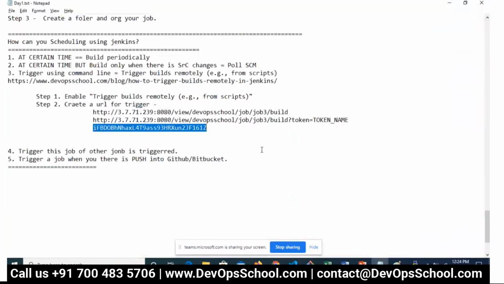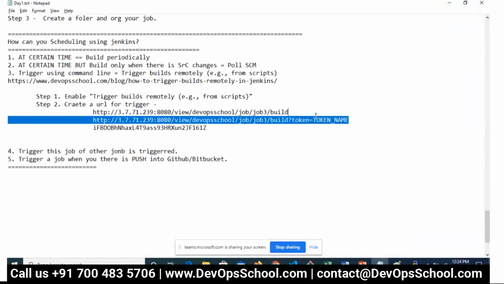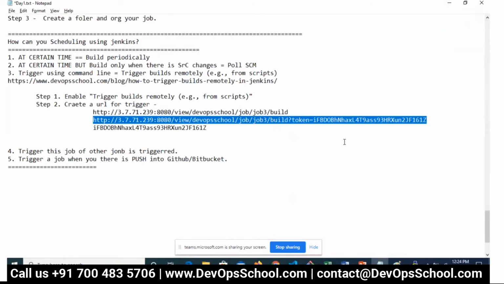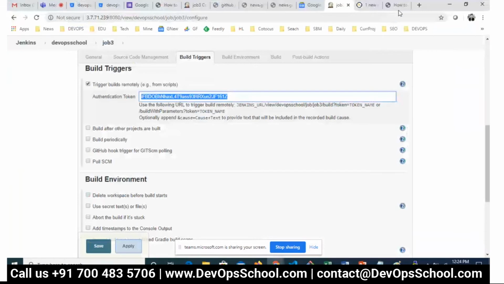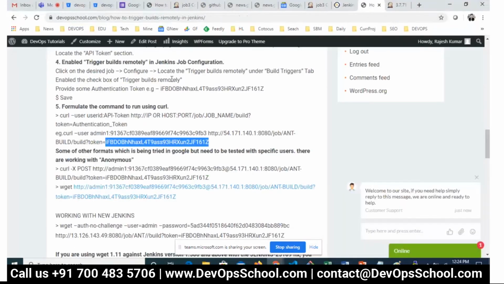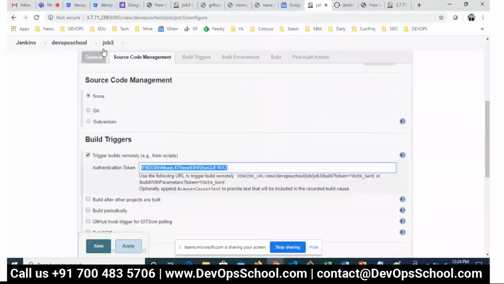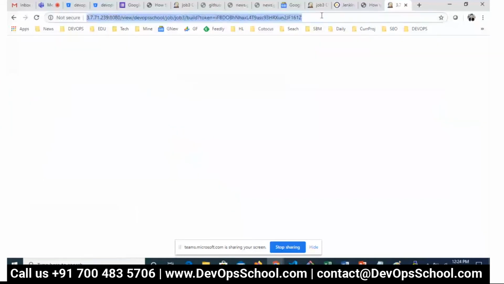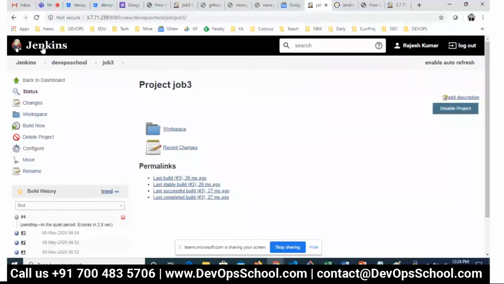So now, can I replace this URL with the token? This is the token. Now, with that URL, you can also do that. So now this is the post action. You have to do that. So put it in the URL, and here, let's check out the job. Save it. One more time. See, fourth. You see that number fourth. It will happen.